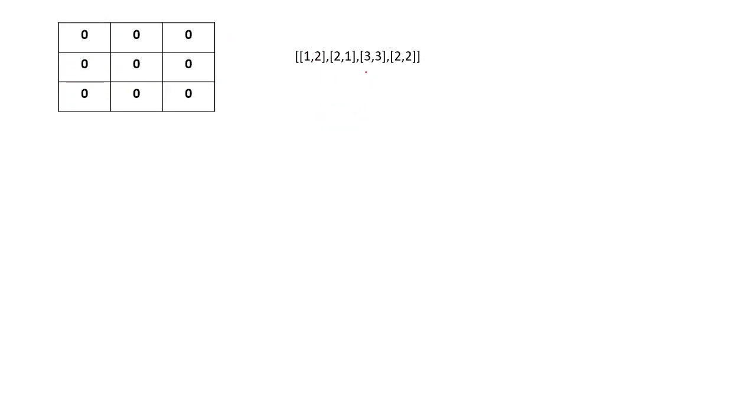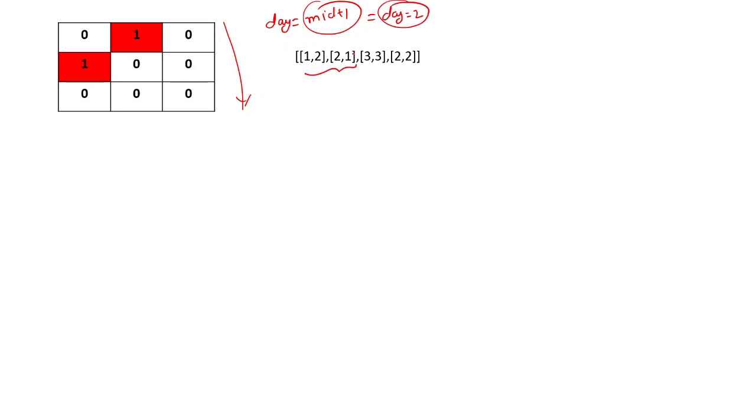So this will be our new array to consider. Now this is our array, this is L, this is R: 0, 1, 2, 3. When we take the mid, mid will be 1, and let me fill up till this particular point. I have filled this. Once I have filled it, I'll check whether I can travel from top to bottom or not. So I can still travel. It means the number of days will be mid plus 1 for the time being. So we have stored days as 2. Remember, up till this point we have 2.